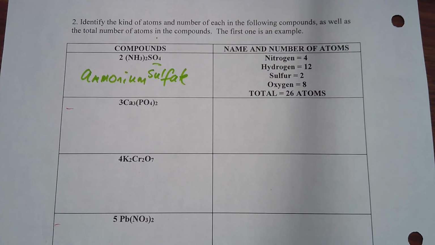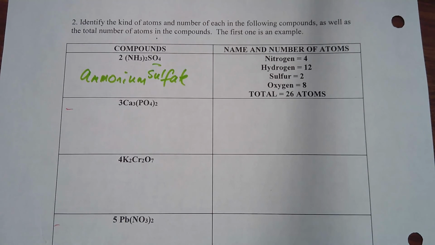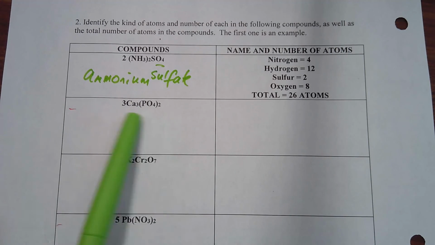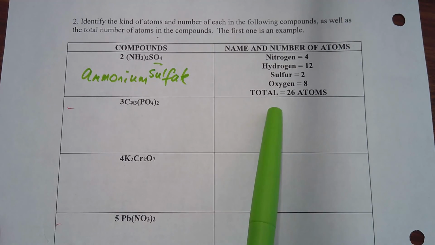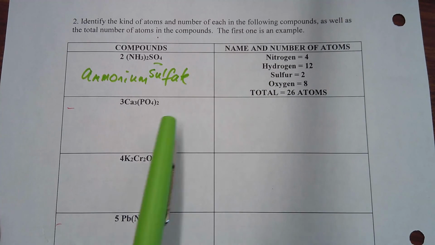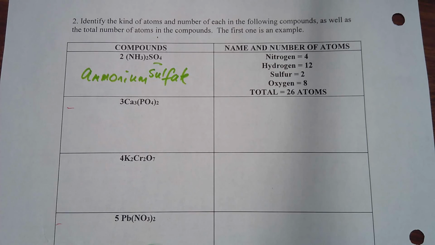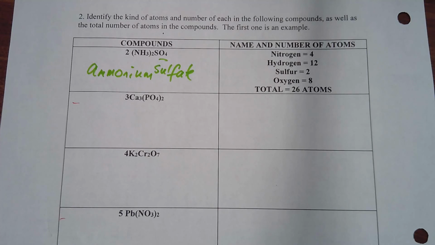So I want you to try to do 2 things right now. You're going to name these. See what you can name, okay? Just write the name in this box here. And then of course the second thing you're going to do is list the number of each element, each atom, just like the example. But this is the extra thing today, that we're going to name them. So shall we take about 10 minutes to do this? I know, oh yeah, so we have 10 minutes left, or 9. So we'll take the 9 minutes to do what we can, and maybe